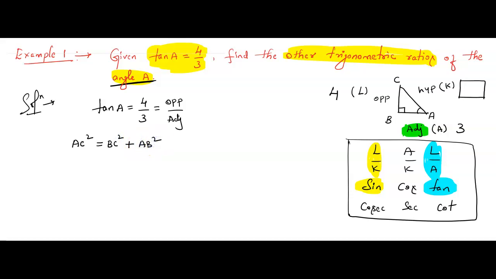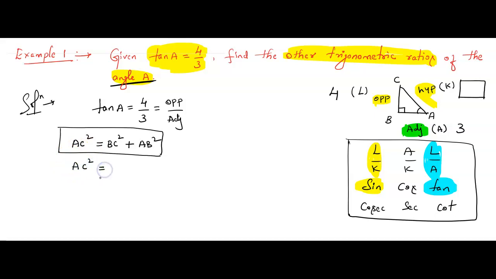Got it children? That is, in a right angle triangle, the square on the hypotenuse, this is my hypotenuse side, you have to square this side, plus these are the two sides left out, that is opposite and adjacent. These two sides you have to square and add. That is called Pythagoras. That is AC square is equal to AB square plus BC square. Now what is AC? We don't know. So keep that as it is.